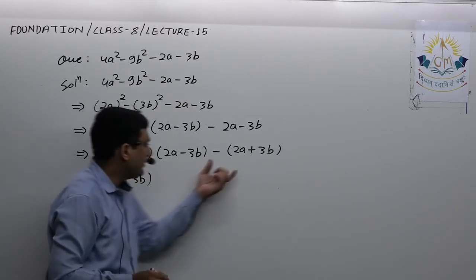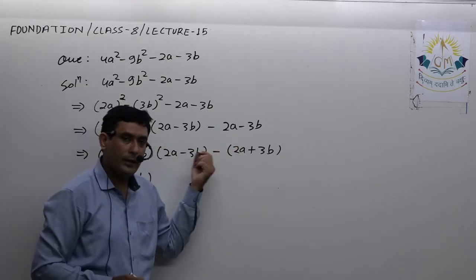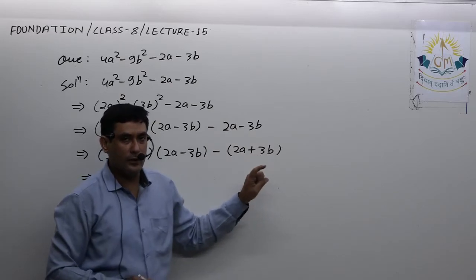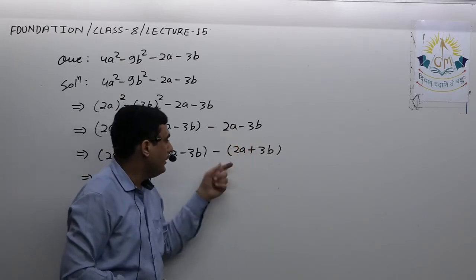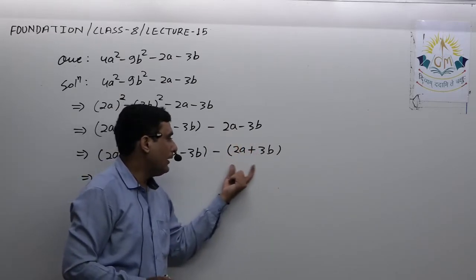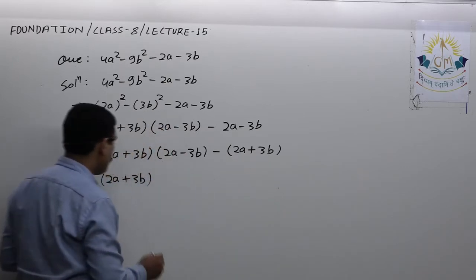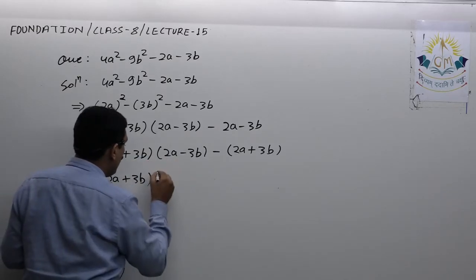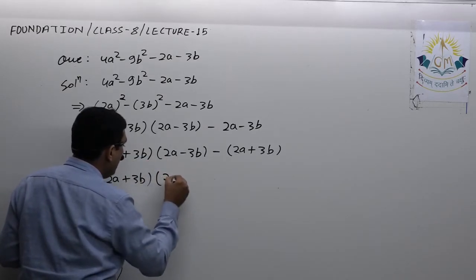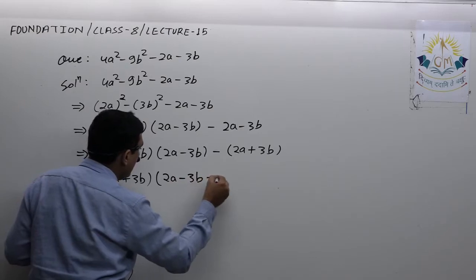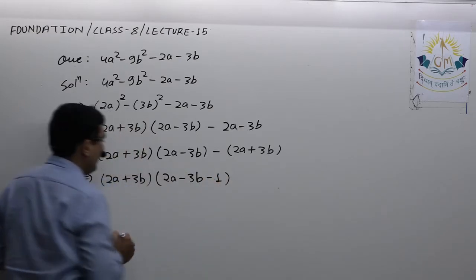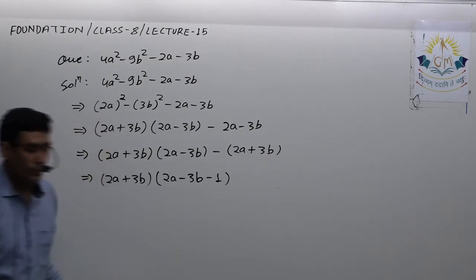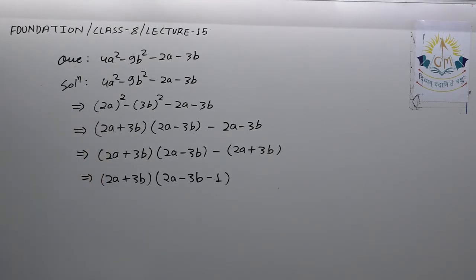We discussed this thing already, that whenever we take minus sign common, we write each and every term within the bracket with opposite sign. So here these two were negative, so when I took minus sign common, I wrote these terms with positive sign. Now from these two I can say I have 2a plus 3b common. So when I take this common, here I am left with 2a minus 3b, and here I am left with minus 1. So 2a minus 3b minus 1. This is my final answer. So please note it down, then we'll see the next question.